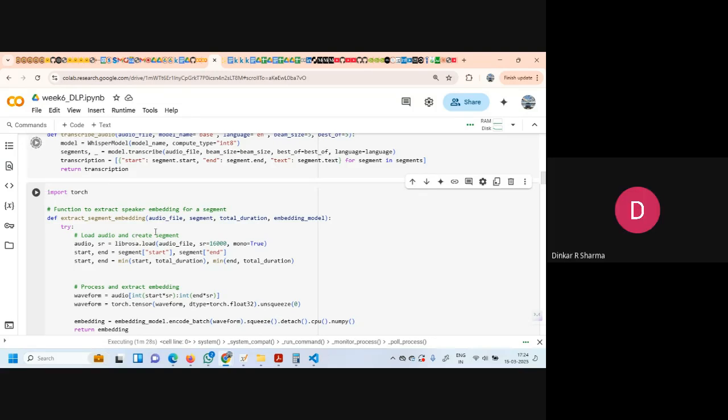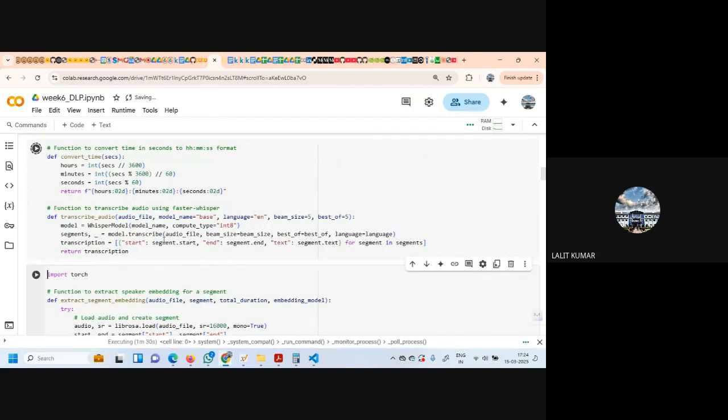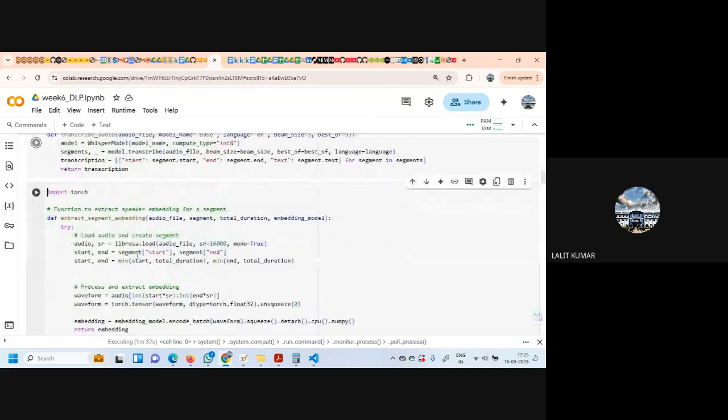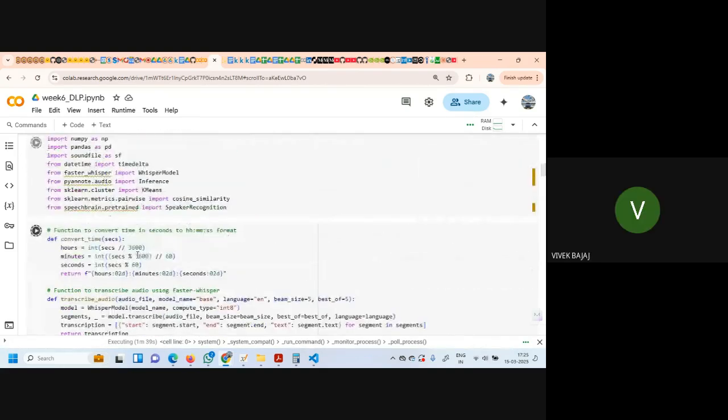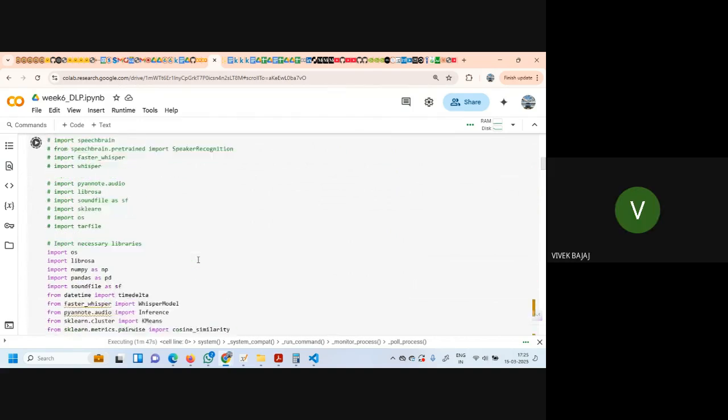Actually, I haven't done that. Okay, so to bring the randomness, basically you have got this beam size. It's the same as in AI also they taught, no? The beam search. Yes, same. Okay.